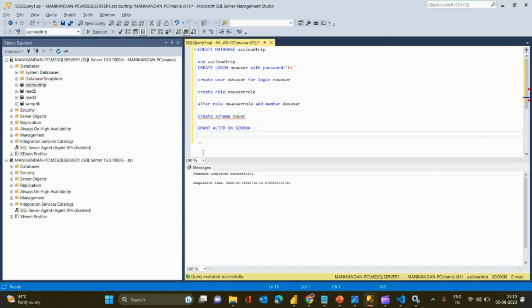Okay. Now I'm at the database level. I'll be doing everything at the database level. So I am an admin. See the login here. I'm an admin. I can do anything. That's why it is allowing me everything. Schema. So grant alter on schema to